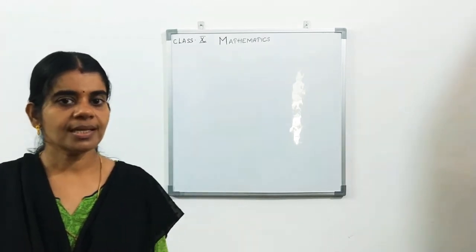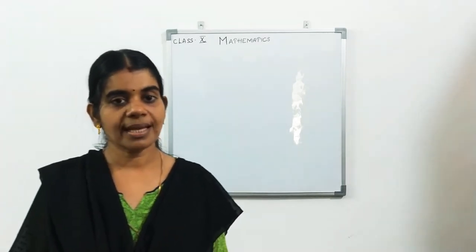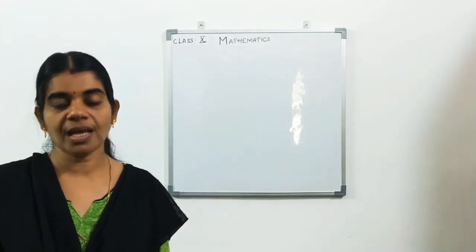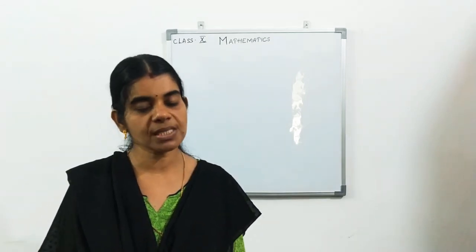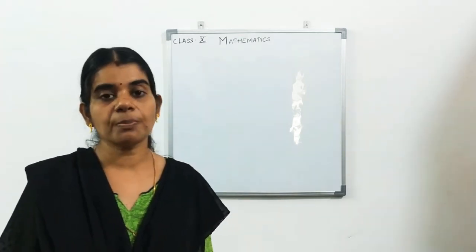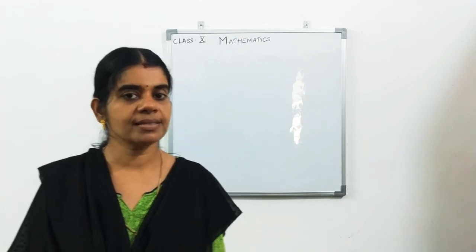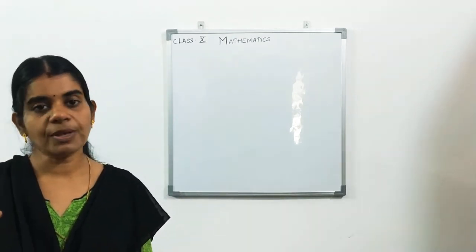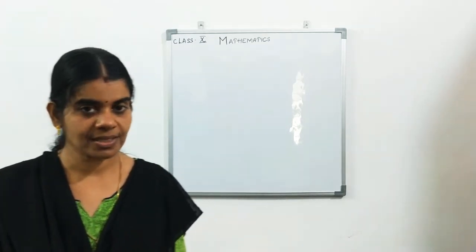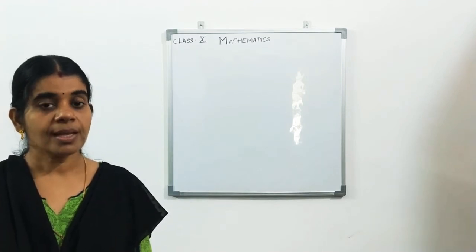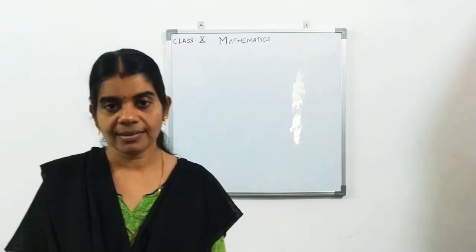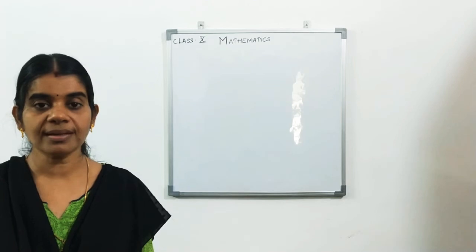Just in the starting we discussed that a1x plus b1y plus c1 is equal to 0 is one linear equation and the other one is a2x plus b2y plus c2 equal to 0. Then, without drawing the graph, we can understand which type of graph we will get. We already studied in the 9th standard that a linear equation's graph will be a straight line. Here we are discussing a pair of linear equations, which means you will get two straight lines. These two straight lines may be intersecting lines, parallel lines, or coincident lines. These are the three cases while we are drawing the graph.